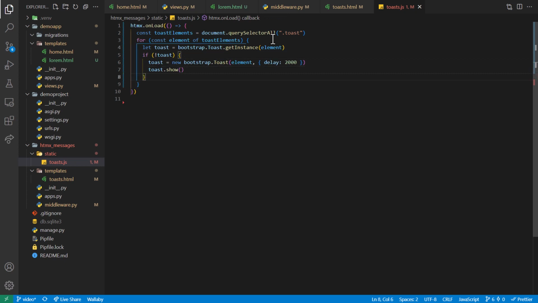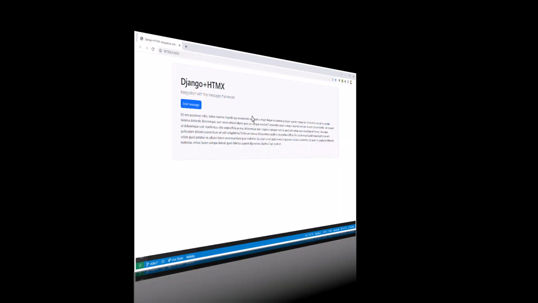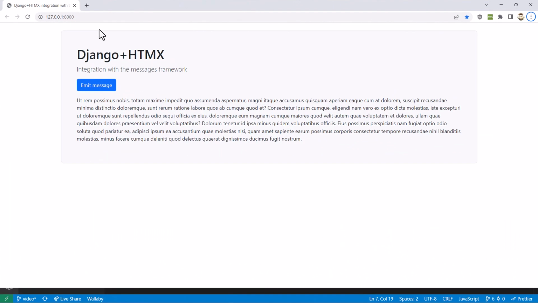If you look at the code on the GitHub repository, you will see that I also discard all toasts so that we don't end up with dozens of useless elements in the DOM. Let's check that everything works in the browser. Don't forget to hold the Shift key when you click refresh so the browser performs a hard refresh. Indeed, if you do a regular refresh, the browser will probably use a cached version of the JavaScript file.